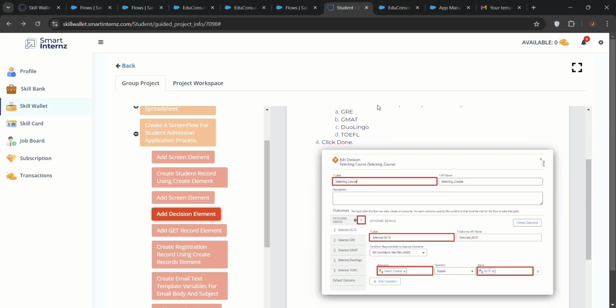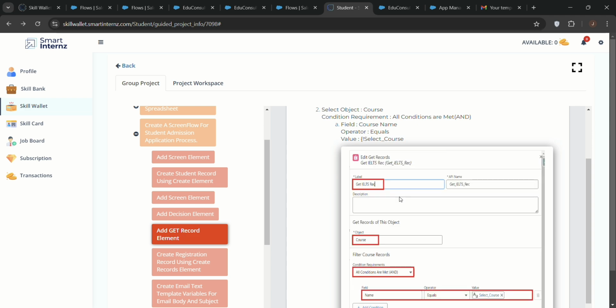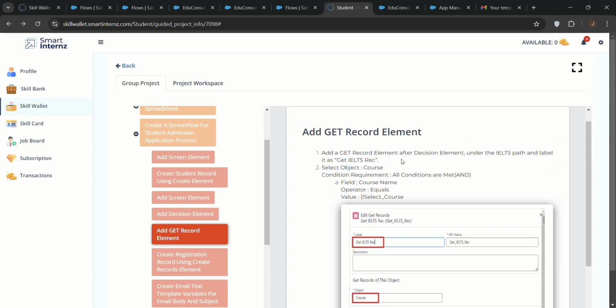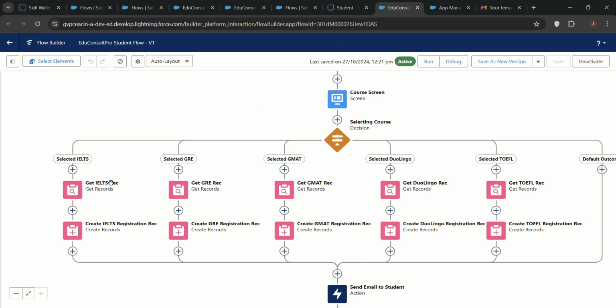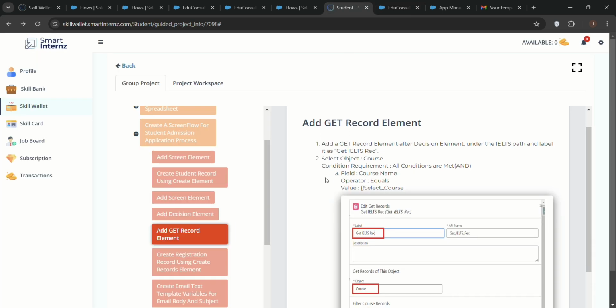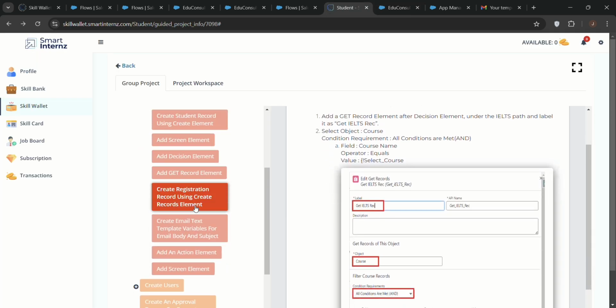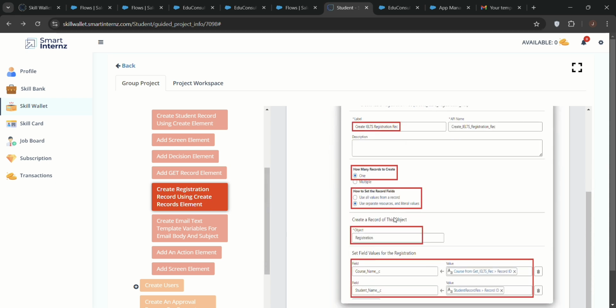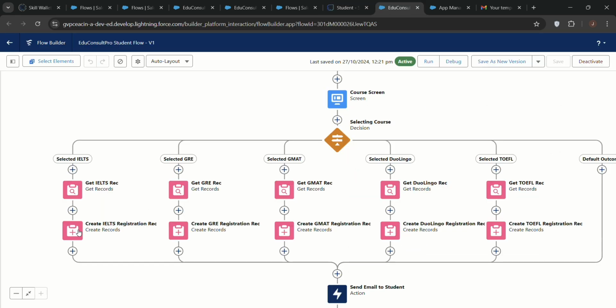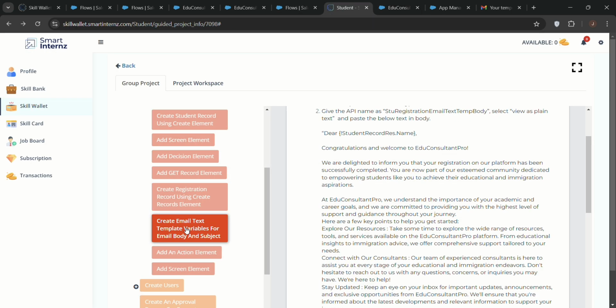And in each path, we'll add get record element, get IELTS record in selected IELTS path, and we'll add all the get record elements in their individual paths. And after adding all the get record elements, we'll add create records for all these paths again. Using create records, we'll create IELTS registration record, GRE, GMAT, Duolingo, all of them, and we'll